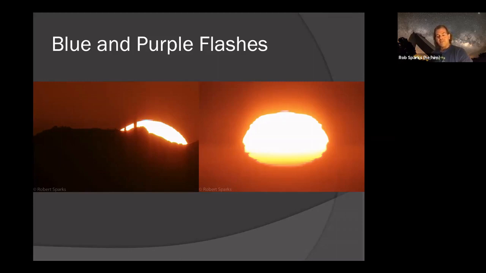Now, of course, I should also say, it might seem like awfully high odds, getting green flashes 75% of the time, but I've been doing this for a long time, so I've sort of learned what nights are better for getting green flashes. So on the nights they're not likely to happen, I'm not out there. So I'm sure I am loading the dice, so to speak, because like I said, I've done it for a long time. I have a good idea when they're likely to happen. So those are the nights I go out.